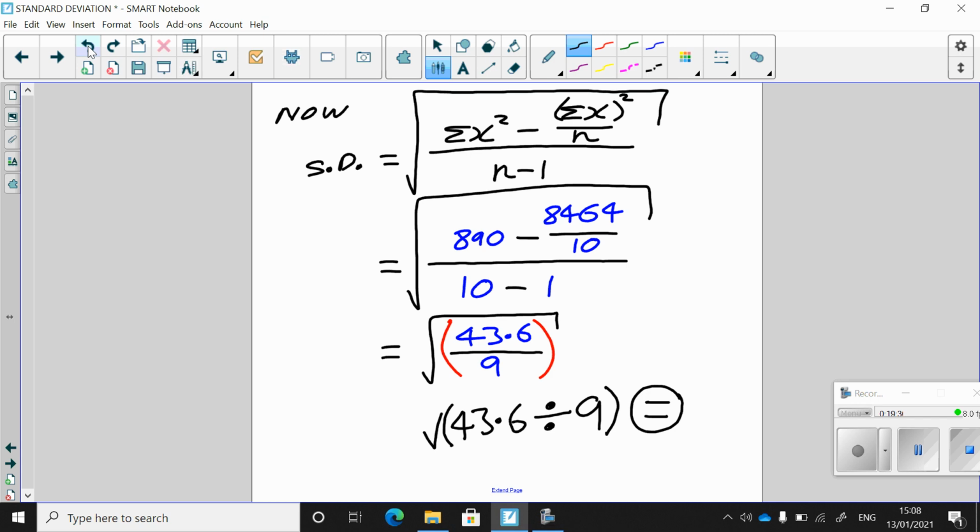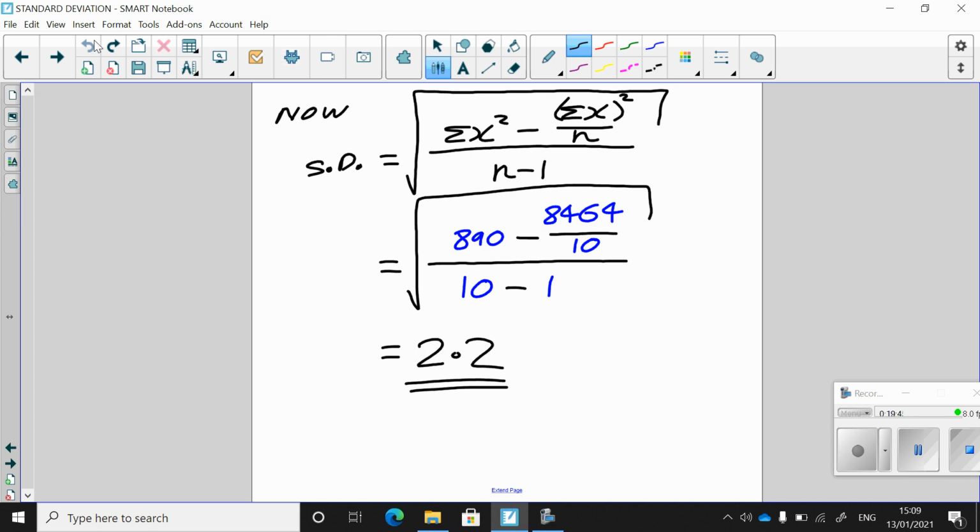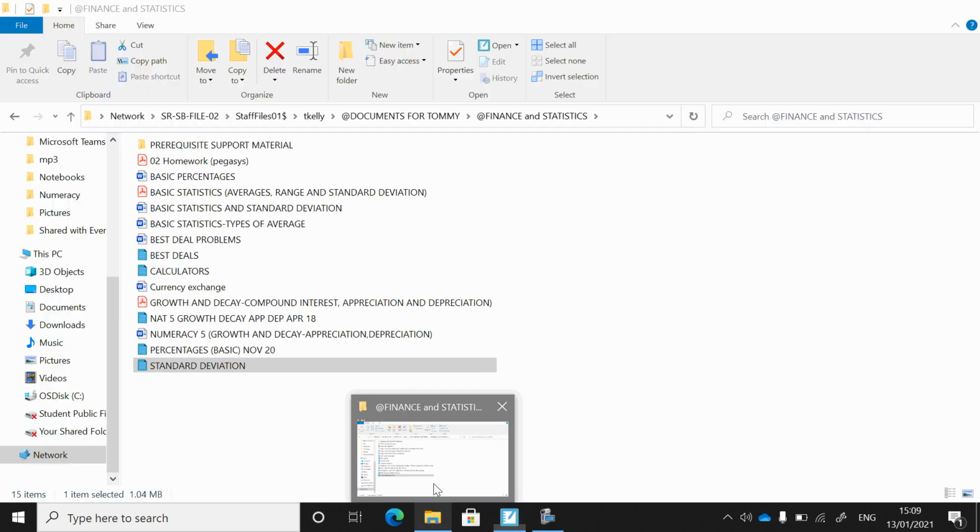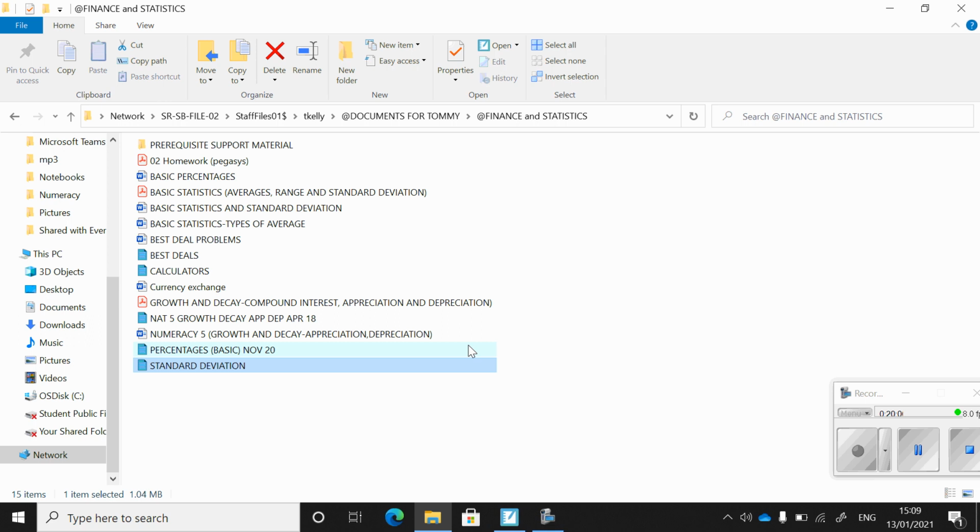Right, so once we've done all that there, hit equals, and what do we get? 2.2. Right, for us here, we don't really need to know about the significance of standard deviation. But if you're in my class, and if you are in my class,